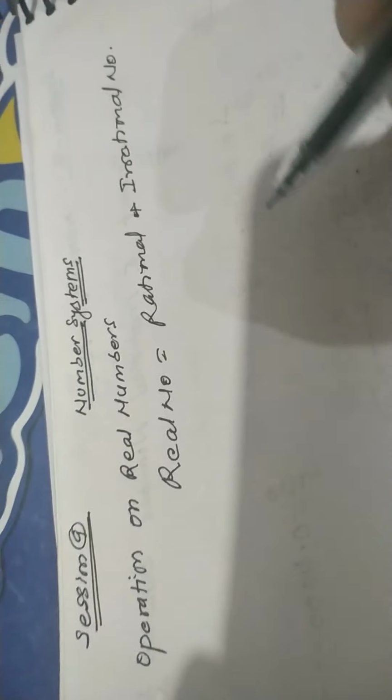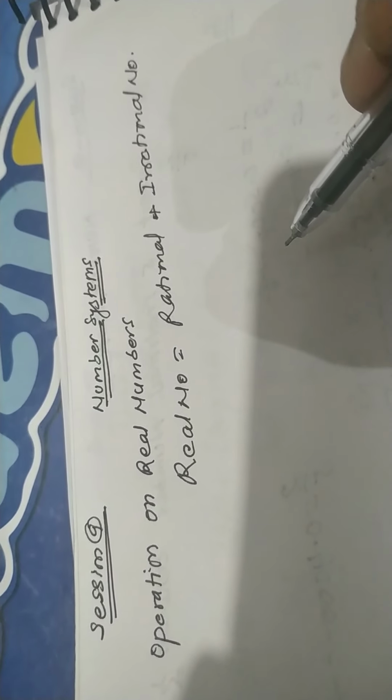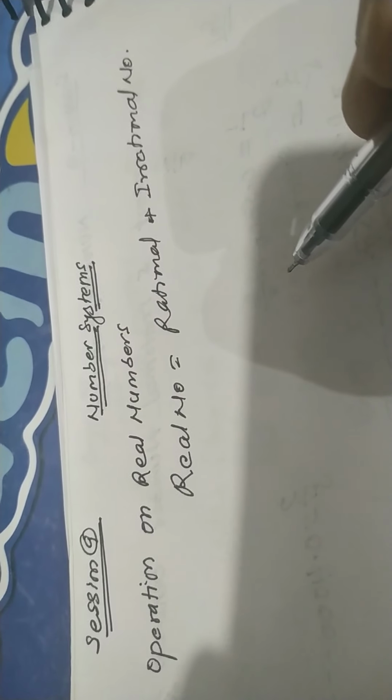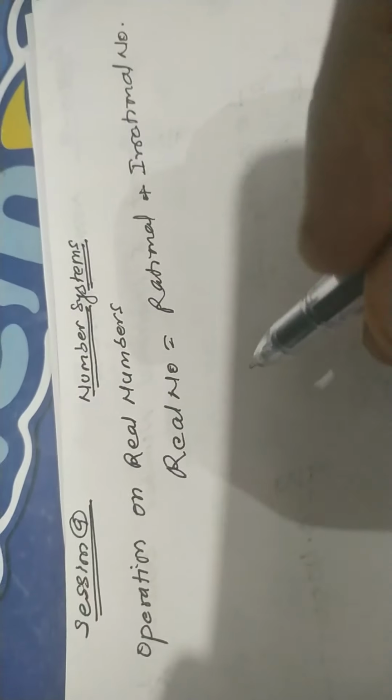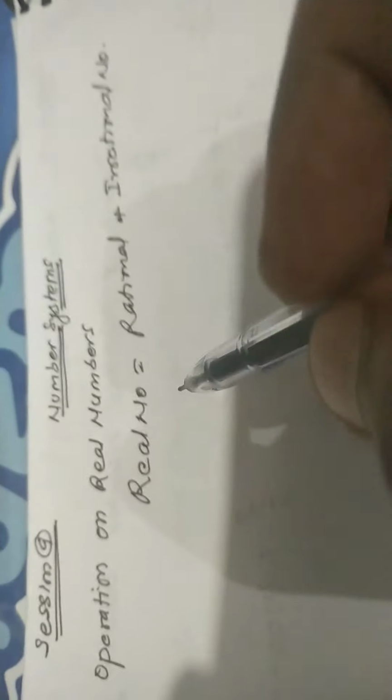Students, today we will discuss the operations on real numbers. Real numbers means rational numbers and irrational numbers. That is, real numbers equal rational numbers plus irrational numbers. Both rational and irrational numbers are called real numbers. Operation means plus, minus, multiply and divide. So let's check these operations. First,